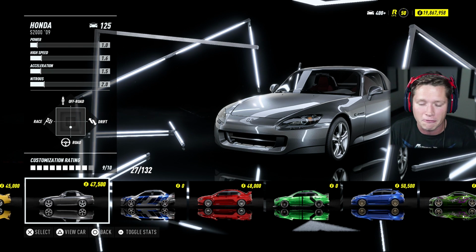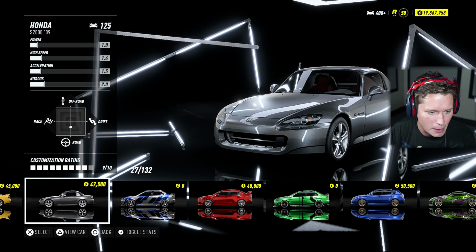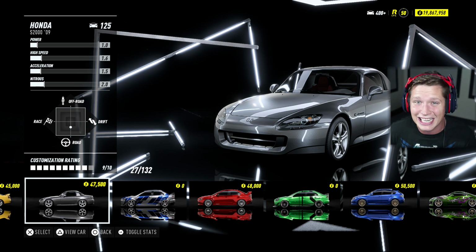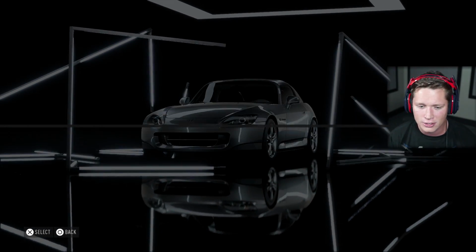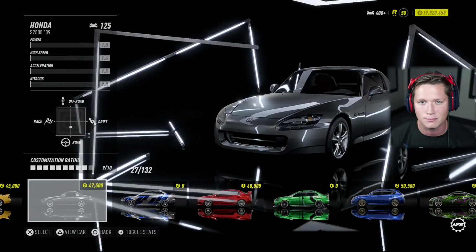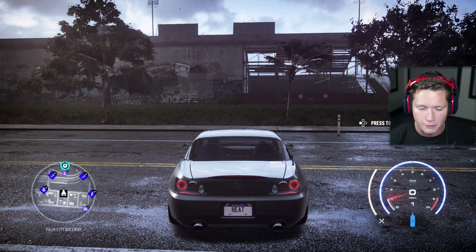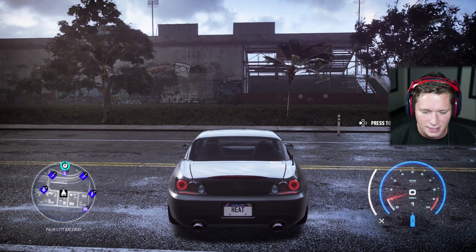It's a 125 stock, which isn't bad, but we are probably going to do an engine swap there. It looks like it's going to run us about $47,500, but it does have 9 out of 10 for customization. So she's a little bit older, but she's got a lot of parts on the market. There's going to be a lot we're going to be able to do with her, both visually and performance-wise. And let's see